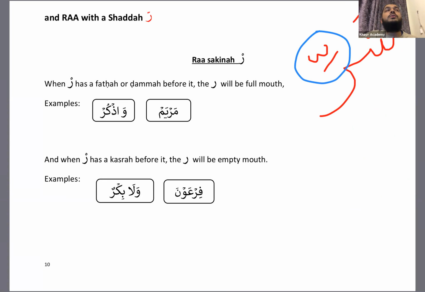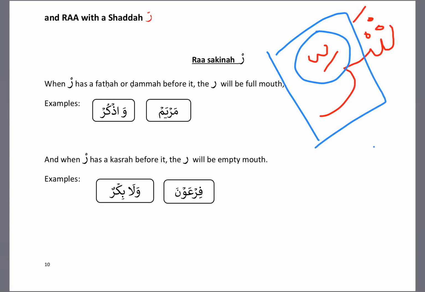So in Surah Falaq, قُلْ أَعُوذُ بِرَبِّ الْفَلَقِ مِنْ شَرِّ مَا خَلَقَ مِنْ شَرِّ. We don't say min sharri. Even though it's meant to be a sakin with a fatha before, we don't look at it like that. We just look at it plain. This ra has a shadda and the shadda has a kasra underneath. So it's going to be sharri.